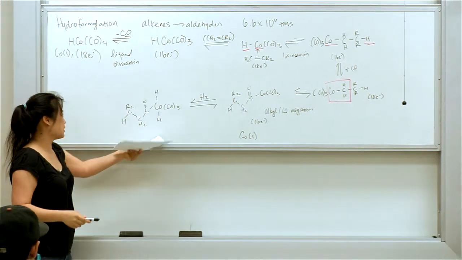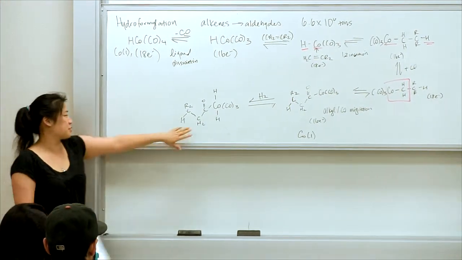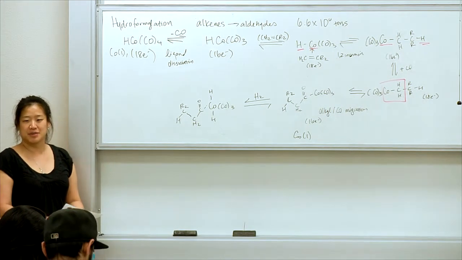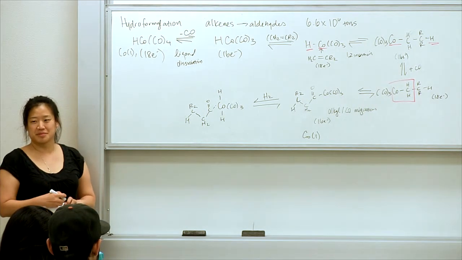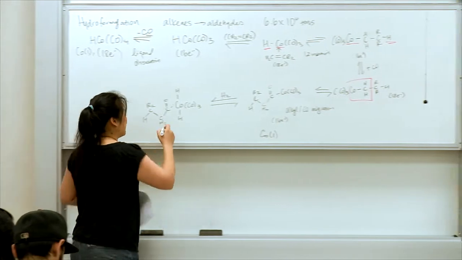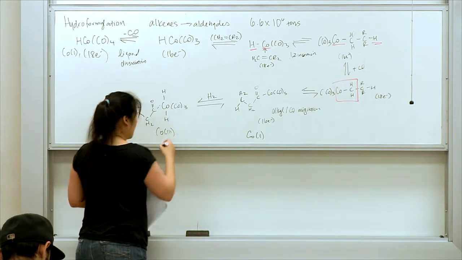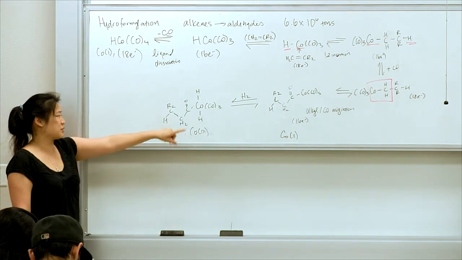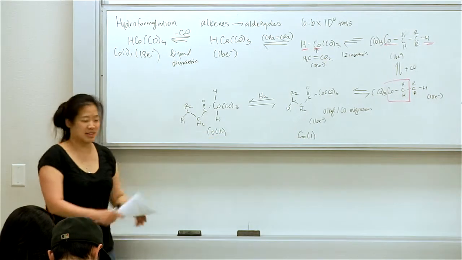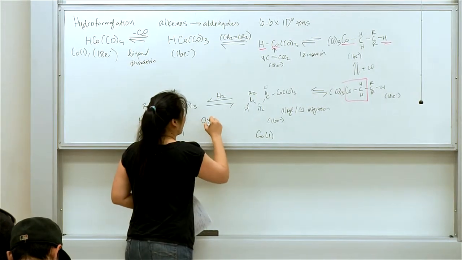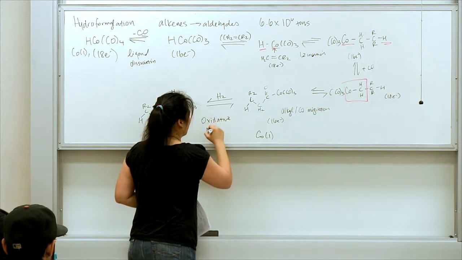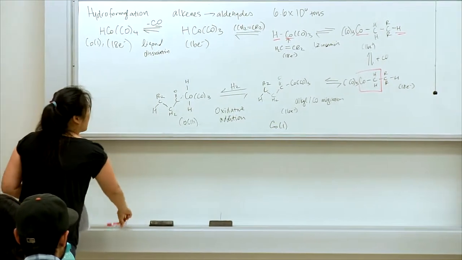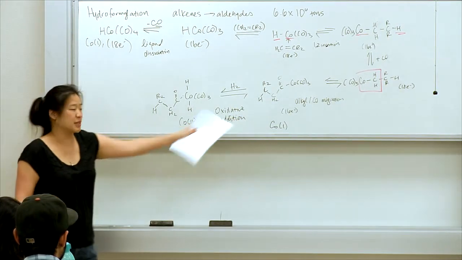Okay, and this one, so this one is still a -1 charge, but now you have these two hydrides on either side. What's the oxidation state of the cobalt? +3, right? So the cobalt has been oxidized or reduced? It's been oxidized, so what's this reaction? Oxidative addition, right. It's not hard. You guys know all this stuff. Okay, so then what then happens, so you have oxidative addition to add hydrogen to this species, this intermediate, and